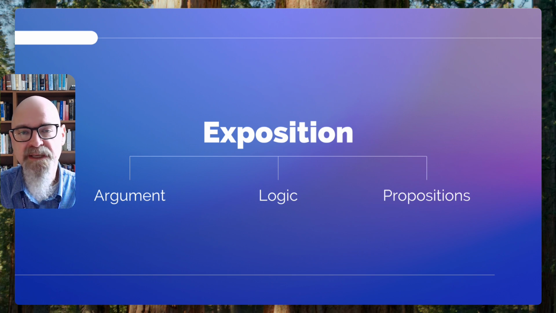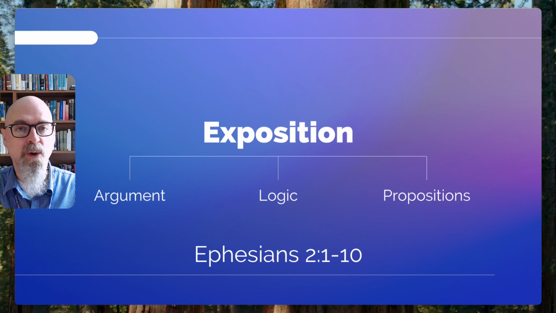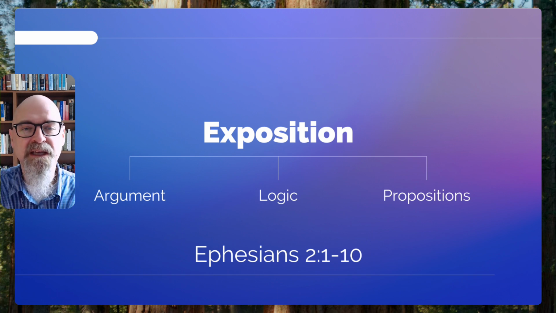So the example that Cesar is going to work through with you to help you understand how exposition works is Ephesians 2, 1 through 10. It's a great passage. You probably already know several verses out of it, but what I want you to discuss is how the whole part of it fits together. See where the author, for example, changes from one topic to another and the relationship of those changes, and maybe come up with some good propositions about the truth that you see represented there.